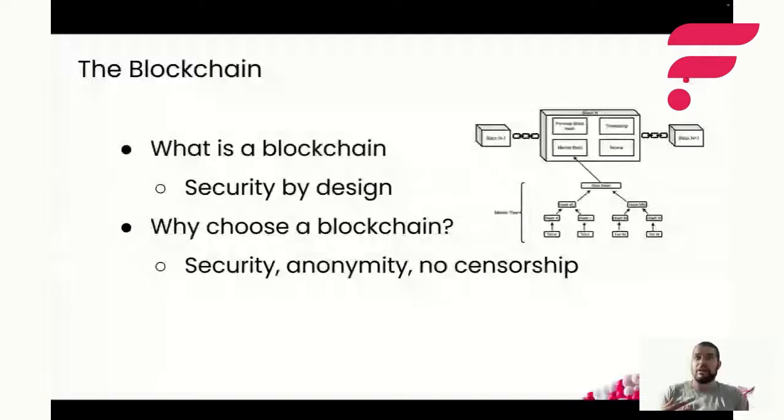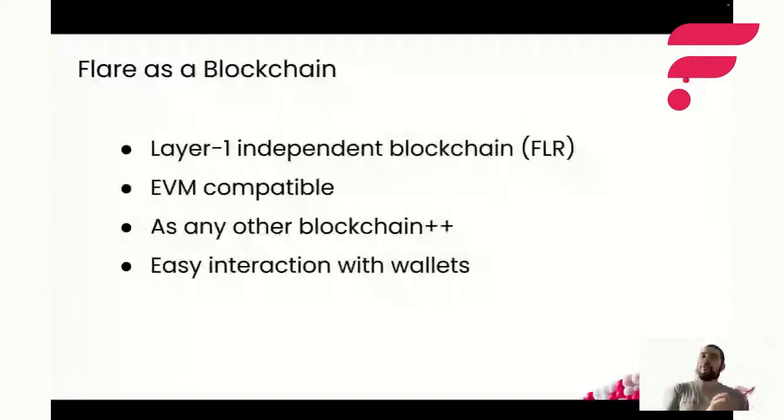So Flare is a blockchain. It means that it obeys the same general set of rules, and most specifically, it's a layer one EVM-compatible blockchain. So what does being layer one mean? Being layer one means that it is totally independent of any other blockchains. So we're not a roll-up, we don't do any checkpoints on another blockchain. We have our own set of validators that are building and verifying blocks according to the algorithm. We don't deposit those blocks to any other blockchain, and we don't depend on any other network.